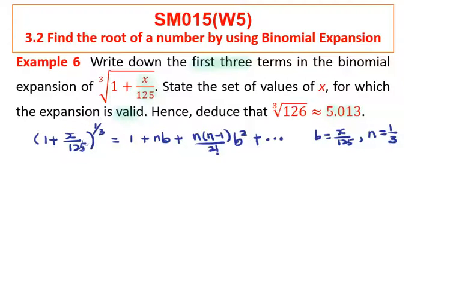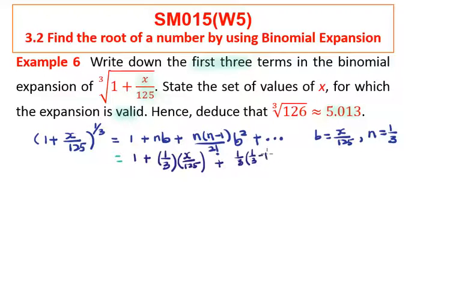We expand this binomial by using the binomial expansion formula. In this case, our b is x over 125 and our n is 1/3. We substitute the values of b and n into the formula. We have 1 plus our n, 1/3, times our b, x over 125, plus 1/3